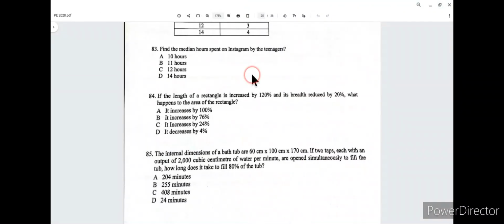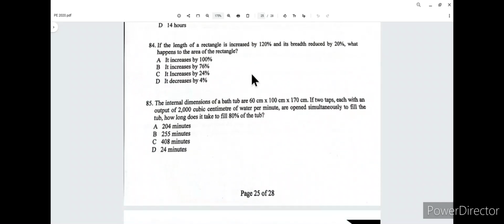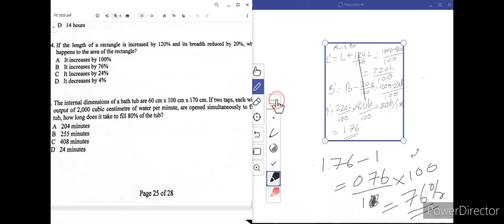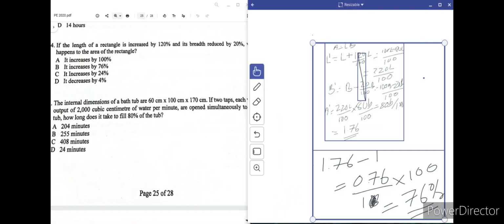Now let's look into question number 85. In question number 85, the internal dimensions of a bathtub are 60 cm into 100 cm into 170 cm. If two taps, each with an output of 2000 cubic centimeter of water per minute, are opened simultaneously to fill the tub, how long does it take to fill 80% of the tub? So in this question, because it's asking how much time it will take for the tub to fill, firstly we need to find the volume of